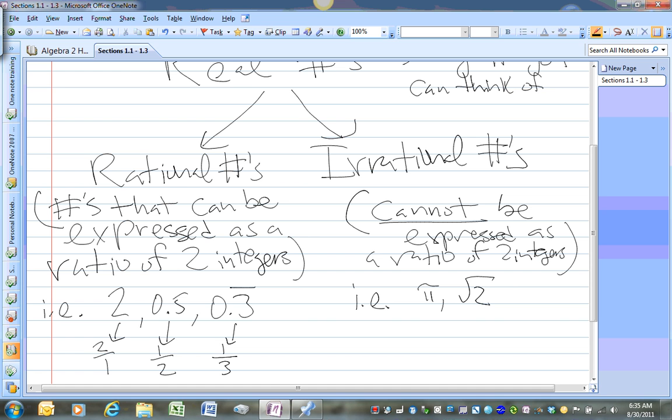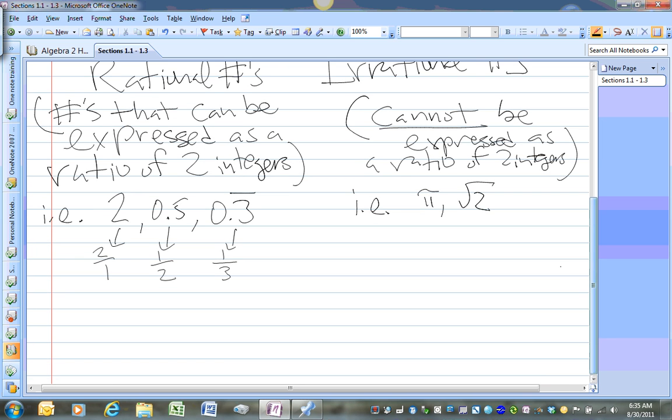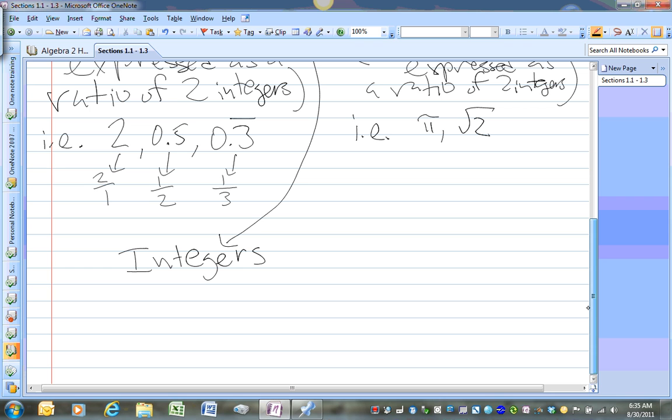So we start with real numbers, which is any number you can think of, and we branch down to two subgroups, rational numbers and irrational numbers. From the rational numbers, we could break down even further. So right below it on the pyramid or food chain of numbers, if you want to think of it that way, are integers. Integers are numbers